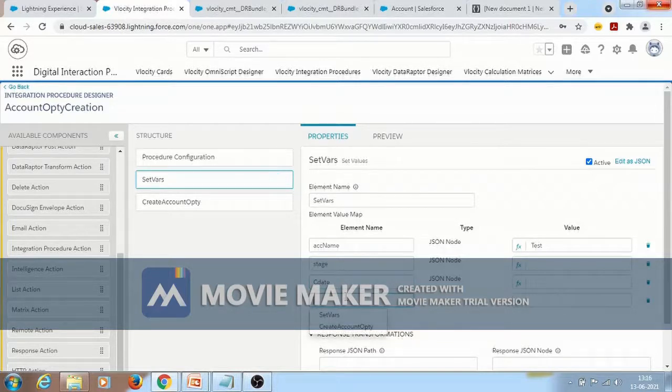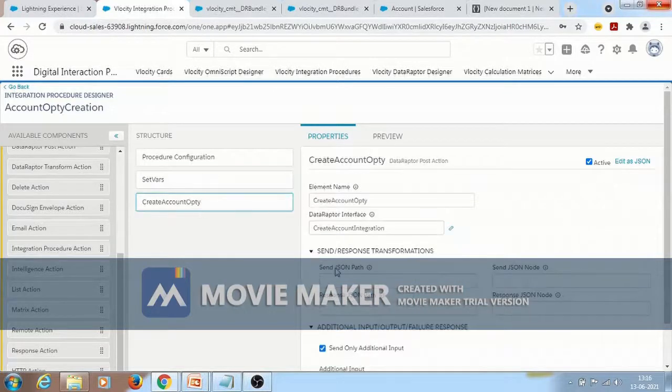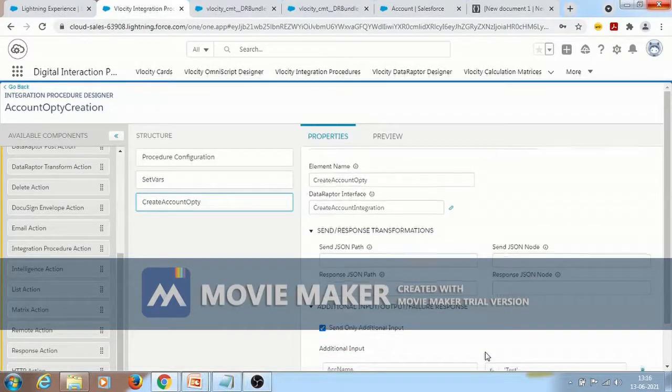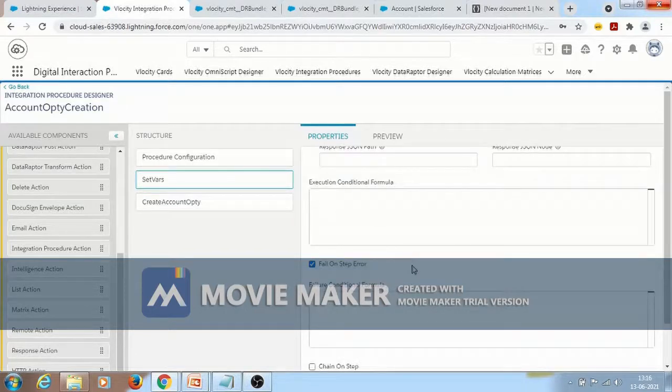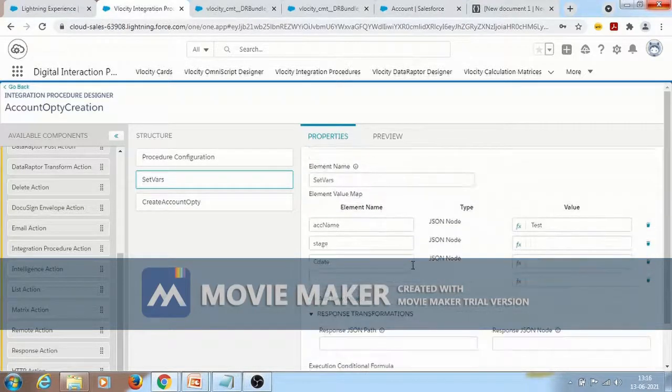And also what I'm passing: stage name, opti name, close date, account name. Opti name.